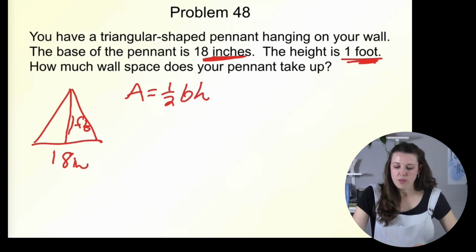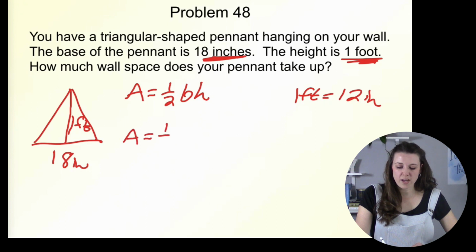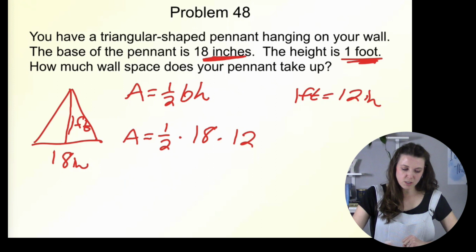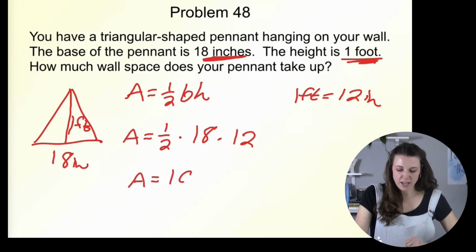So I know that 1 foot is equal to 12 inches. And now I can more easily do the problem. So I have here area equals 1/2 times 18, because that's the base, times the height, which is 12. So I just multiply all of those across, and my area is 108